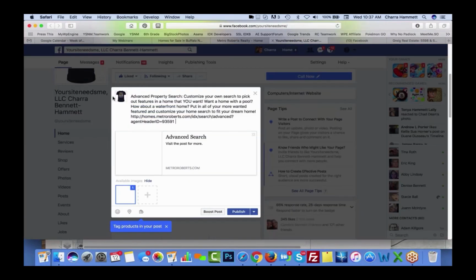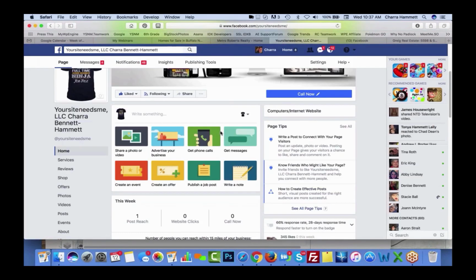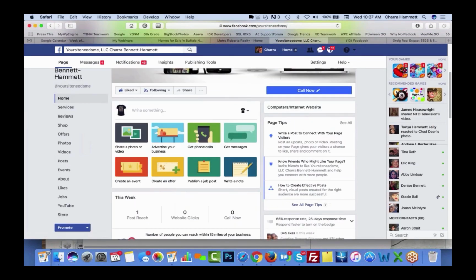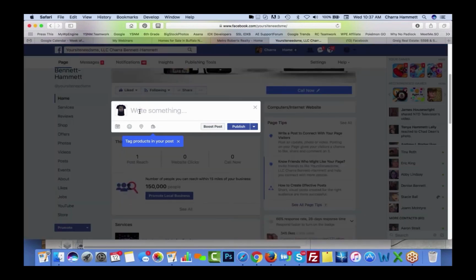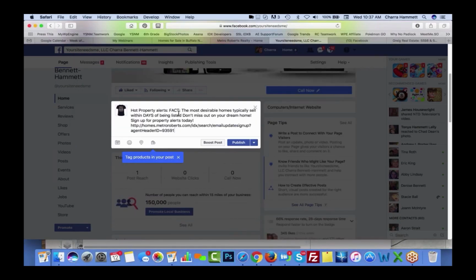So here's my Facebook page. I'm going to start over, actually. Here's my Facebook page. I'm just going to click right in here, and then I'm going to open up my document, and I'm going to pick whatever one. I love the Hot Property Alerts one. I'm going to paste it in here,